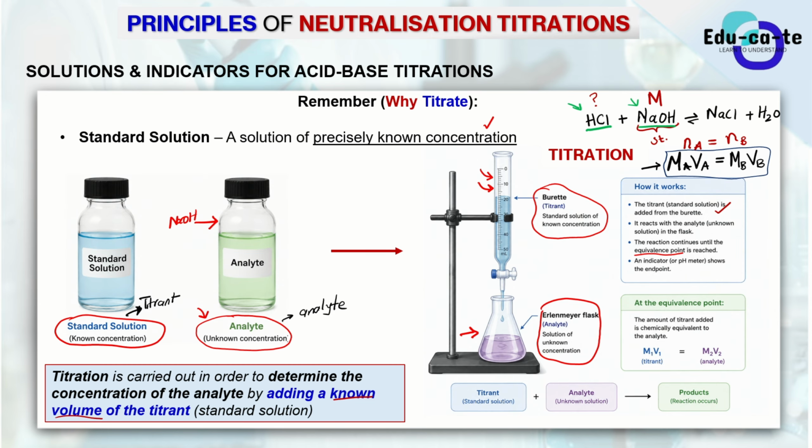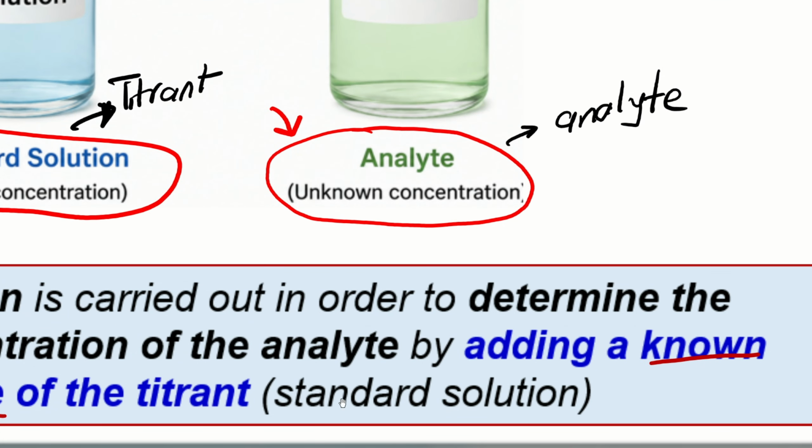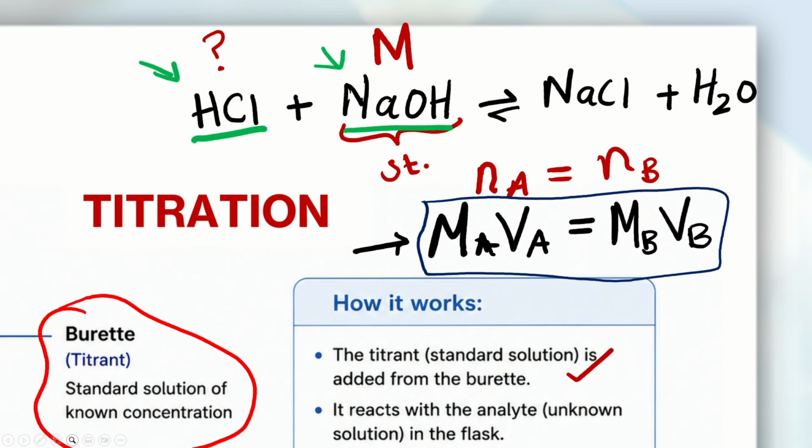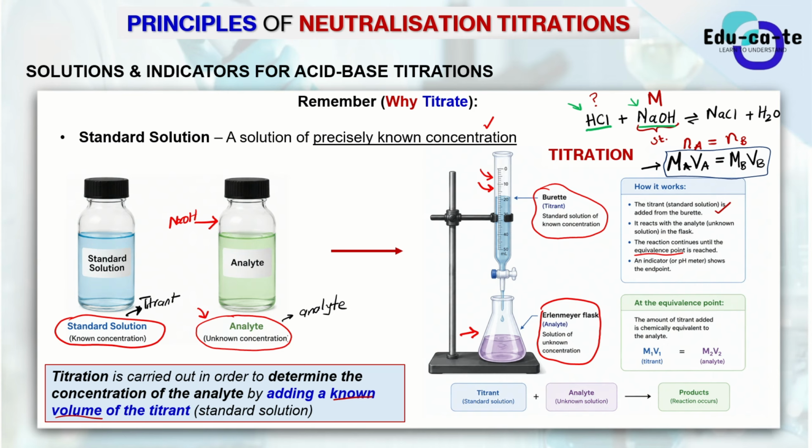and we add a known volume. When we are carrying out this titration, we use indicators to be able to observe that we have reached the equivalence point. The moment our indicators tell us that we have reached the equivalence point, it means that we have added enough acid for this whole reaction to reach equivalence. And now we can use the volume of the acid that we've added, multiplied by its known concentration, and equate it to the other side and solve for the remaining unknowns. So that is the whole point of carrying out a titration.